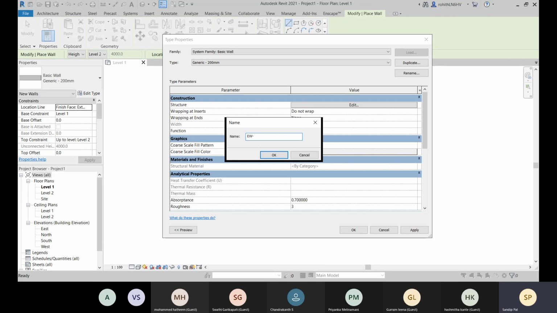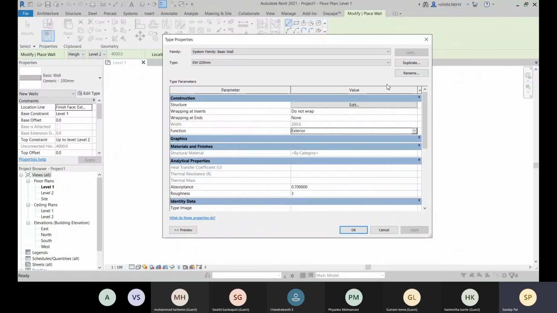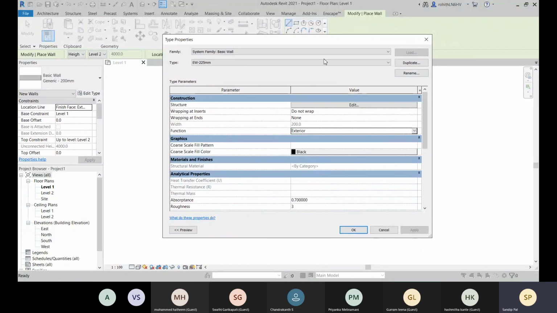Then I will give the thickness like 250 or 225 mm, and click OK. So you have named it EW, and also in this function you have to mention that this is for exterior, not for foundation, not for interior.